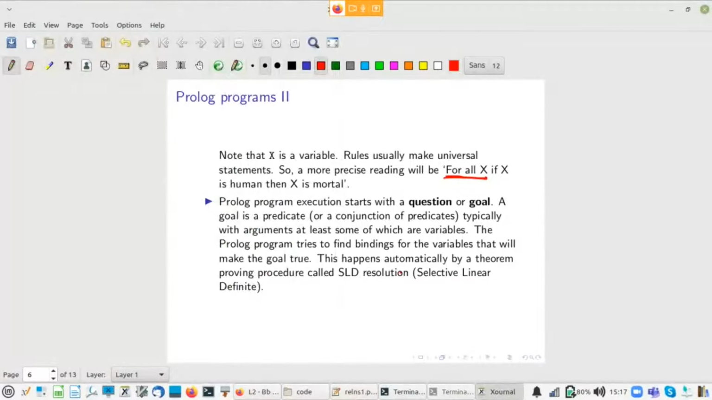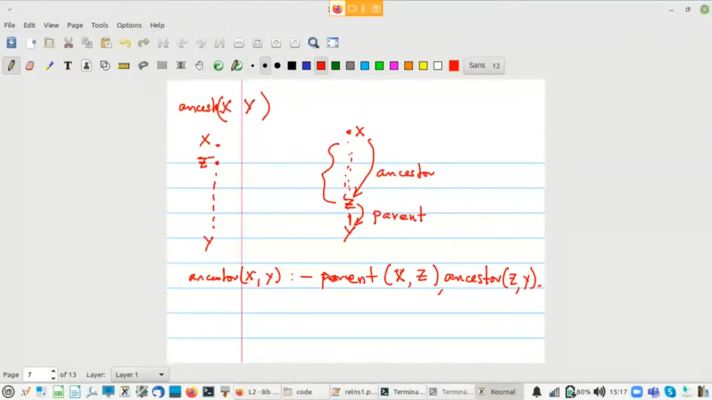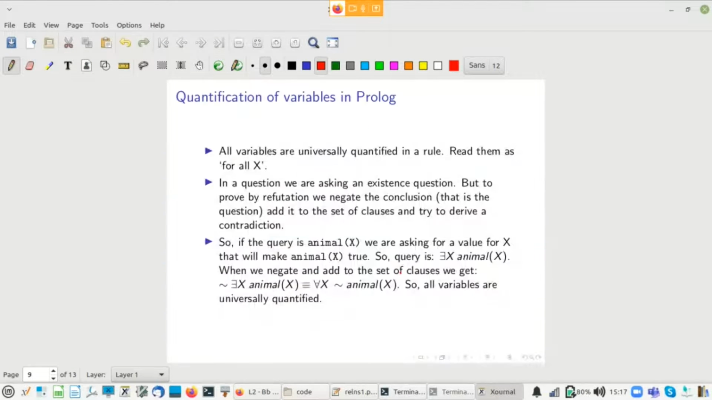Okay, so we saw this. Now let's move ahead. So there are variables in Prolog, right? We saw variables everywhere. We saw variables in rules. We saw variables in the goal. Now, when you are looking at variables in the Prolog program, the Prolog program is just